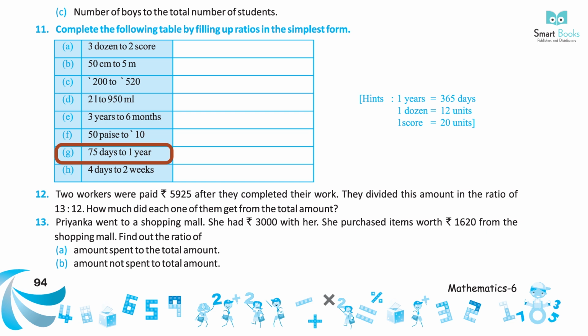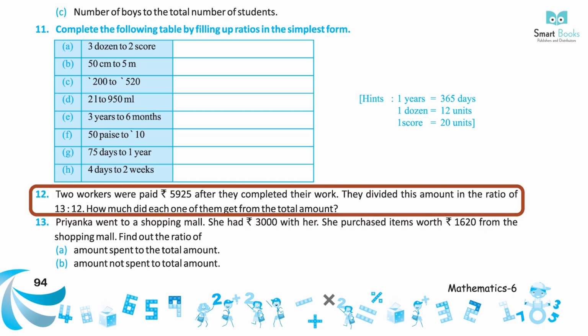Solution: 15:73. H. 4 days to 2 weeks. Solution: 2:7. Question 12. Two workers were paid rupees